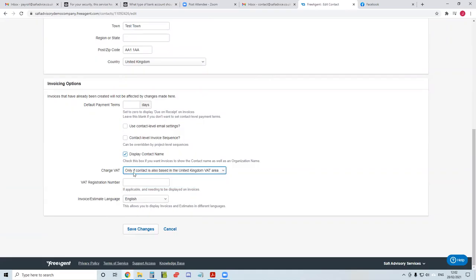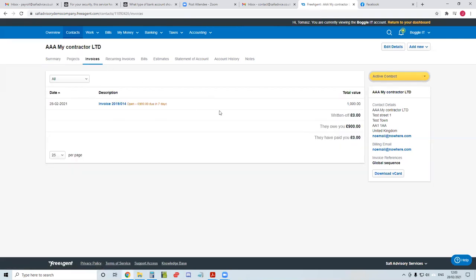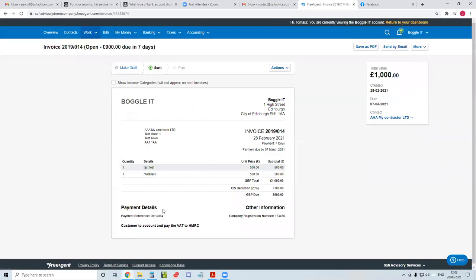As a standard, we have a VAT option which says only if contact is also based in the United Kingdom VAT area, but we need to change it to never. That's the most important thing. This way, FreeAgent will not be charging VAT on your invoices. So once we save changes, when creating an invoice, I've just created one template here,